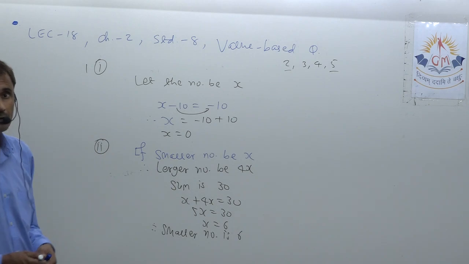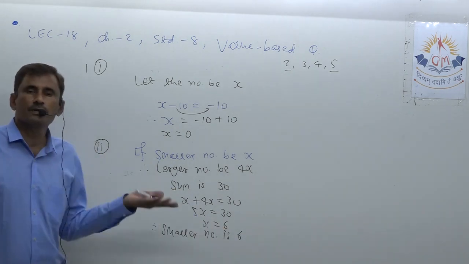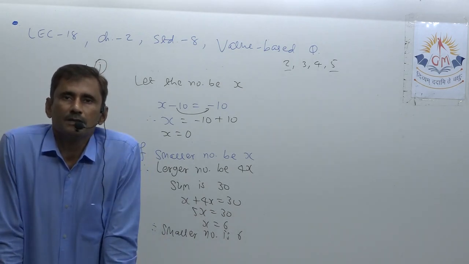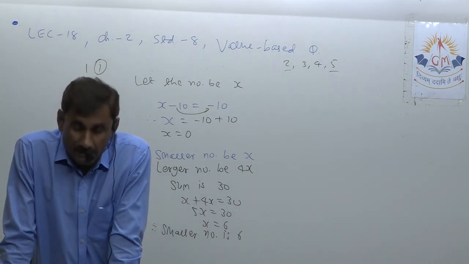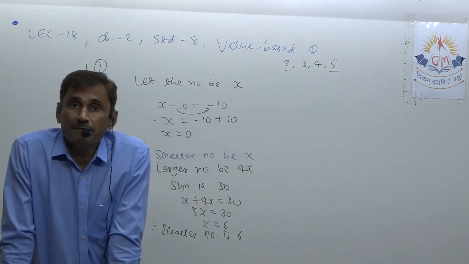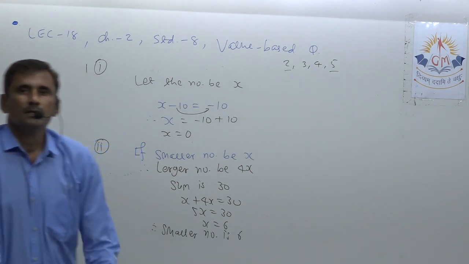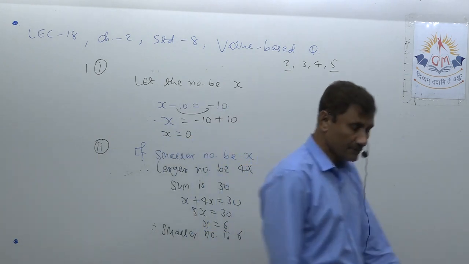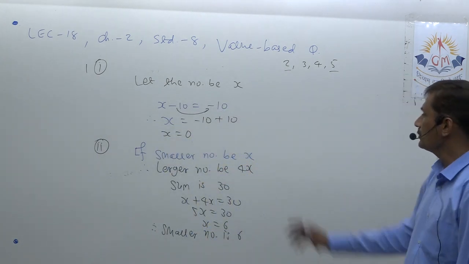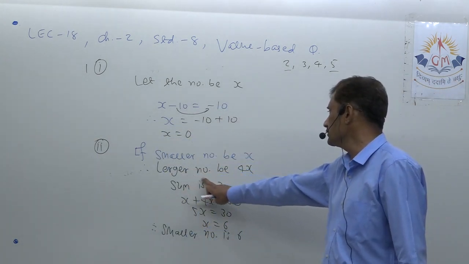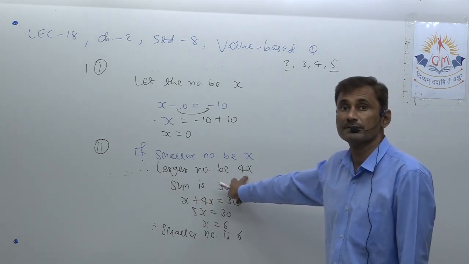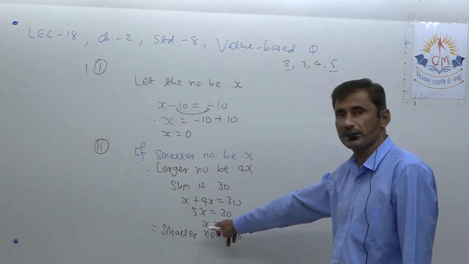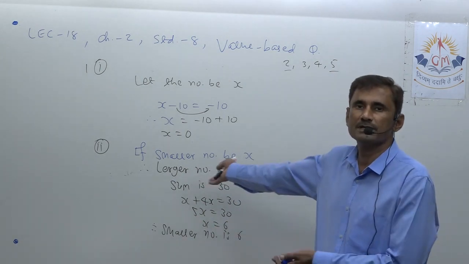Okay, you can verify also. 6, it is 4 times the number. 6 4s are 24. 24 plus 6, 30. So you can verify the answer here, no need to look anywhere. Okay, so remember, you have to suppose the smaller number and whatever relation is given, accordingly you can find the other number also. So the other or larger number I got as 4x. Why? They have given the sum is 30, so I added both of them, so I got x. x is the only answer because that is only asked.